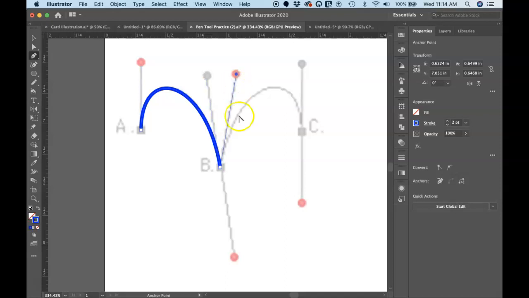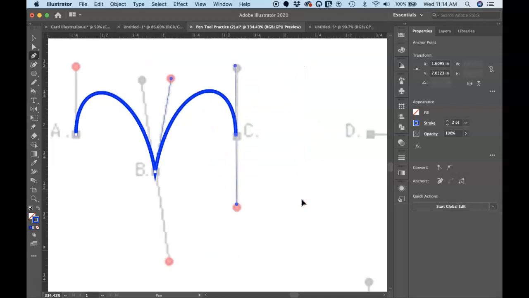Right? Now I haven't done anything with the path. I just changed the direction of that lead handle. And so now you'll see it's coming to a point at B and curving upward now. So now I can click on point C and drag down to finish that curve the way I want. Make sense? Okay, so